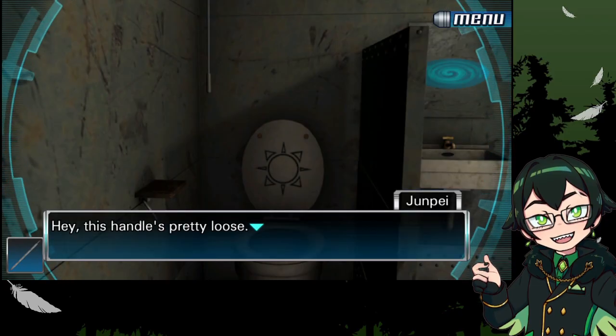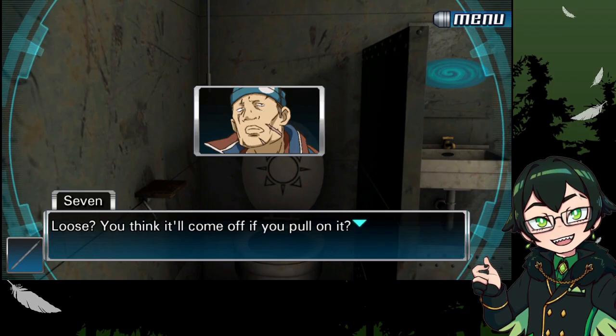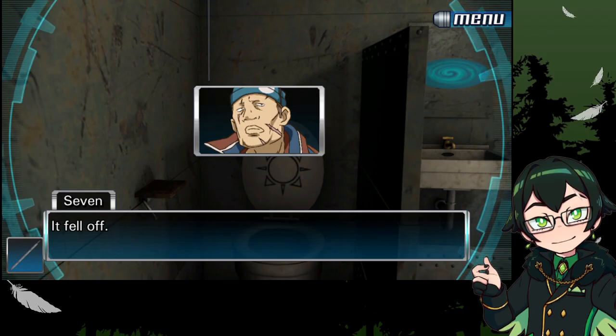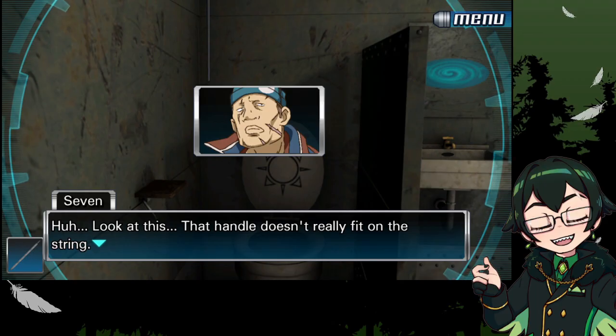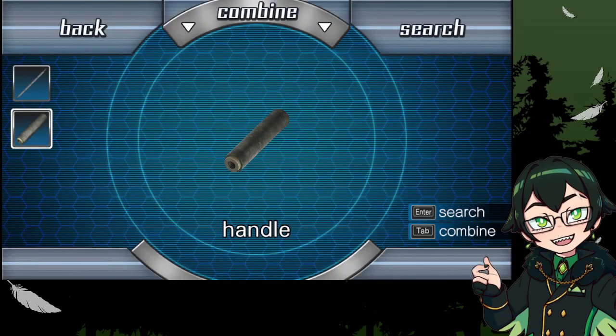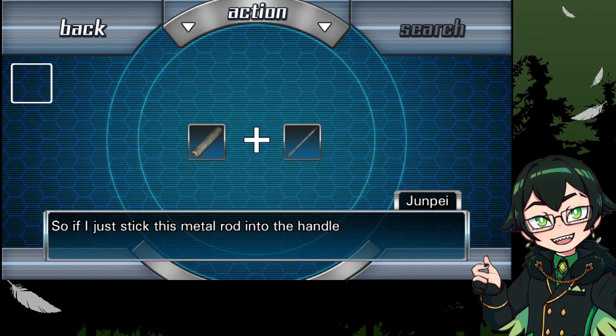Flush? Hey, this handle's pretty loose. Loose? You think it'll come off if you pull on it? It fell off. Huh, look at this. That handle doesn't really fit on this string. Maybe it wasn't meant to be attached to it. If only there was something that... So if I just stick this metal rod into the handle...